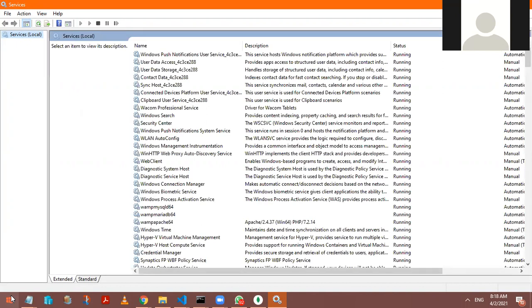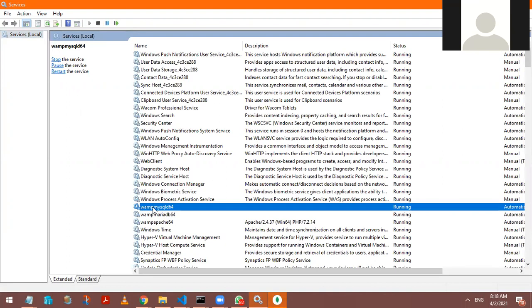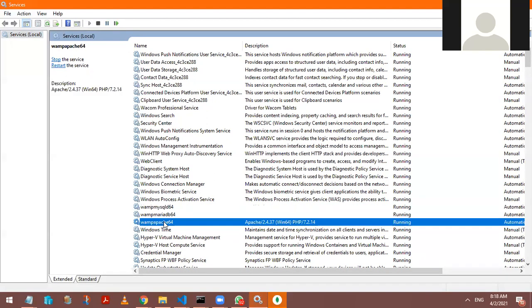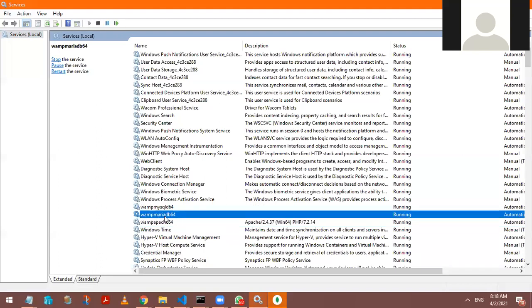There might be one service available. For example, there might be something called MySQL running. So can you see here's my MySQL running? The status of this WAMP MySQL 64 DB is that it is right now running. It can be stopped, it can be paused, it can be restarted by using this. So the way I really see MySQL, I have got the Apache server running. I got MariaDB also running.